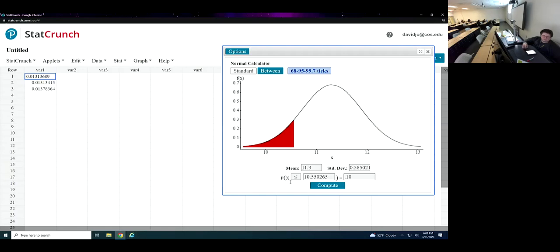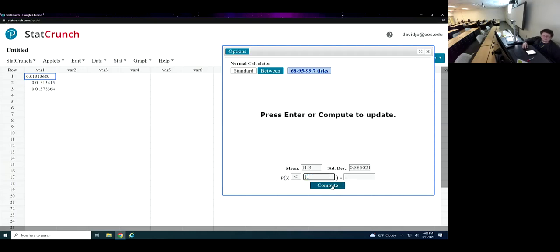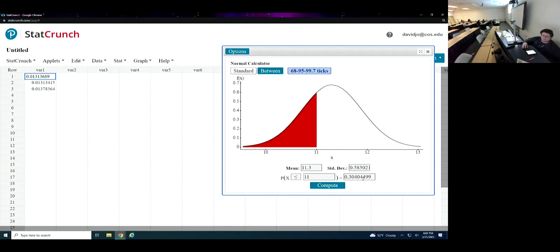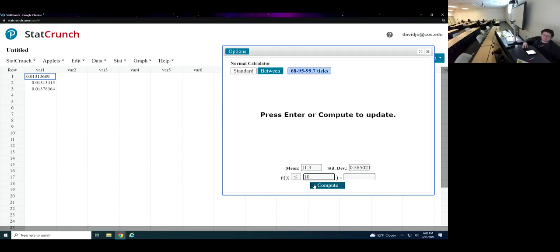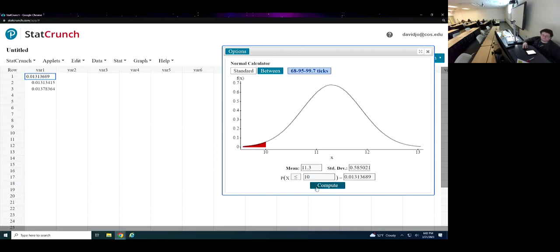So they probably want a whole number. If I check 11 minutes, 11 minutes is like 30%. That is not good. So maybe less than 10 minutes. It changes a lot, doesn't it? 10 minutes to 11 minutes. Look how much this changes.